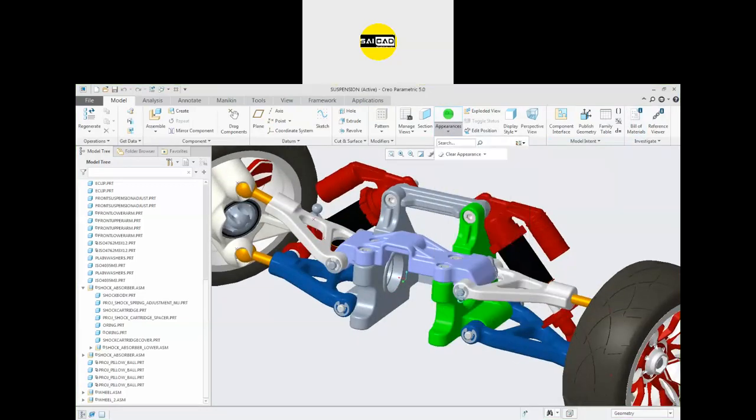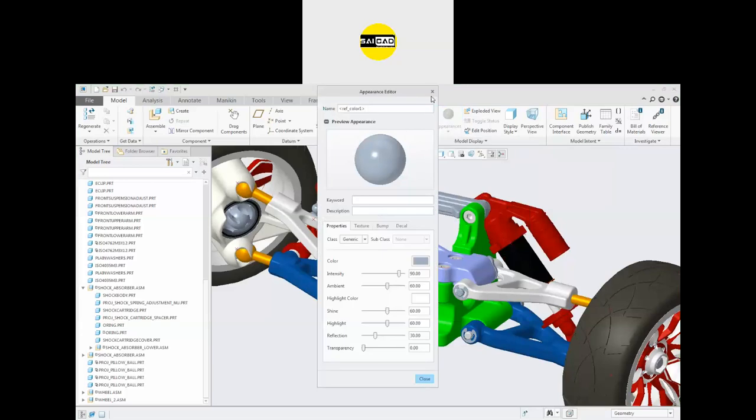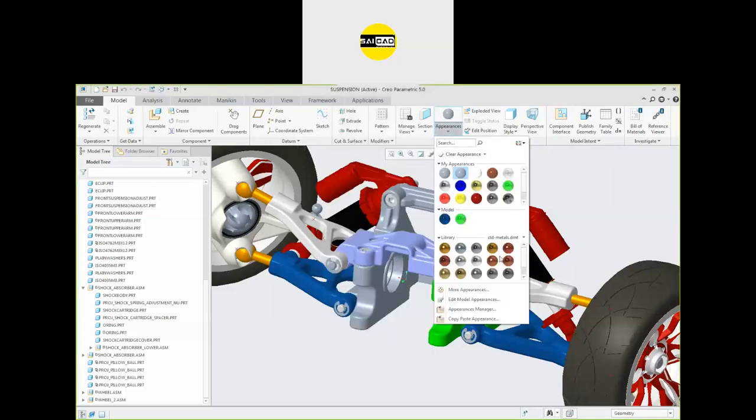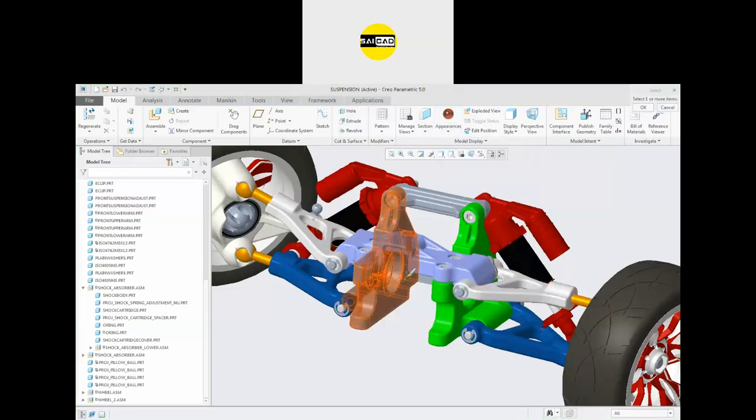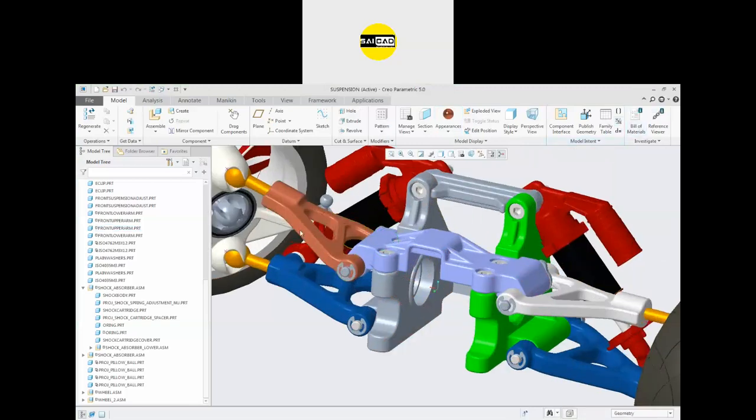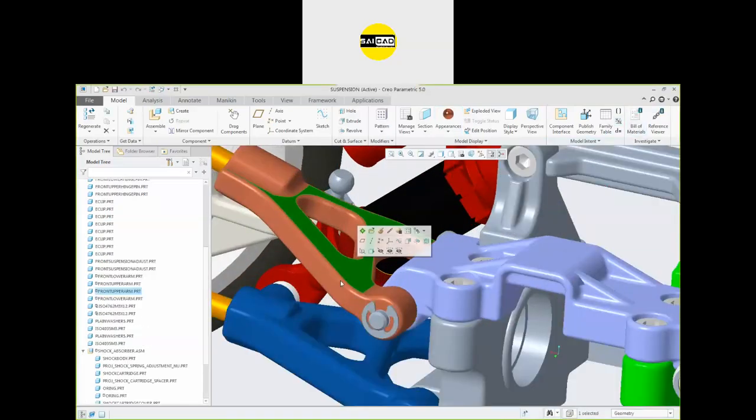Okay, you can use some more appearances. You can create an appearance from here, or you can just select it from the library. Like I want this metal color, this metal property. So select just that, click OK, and the object will have that property.